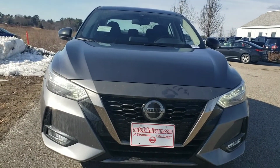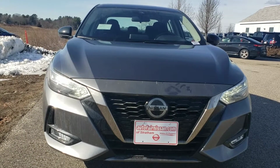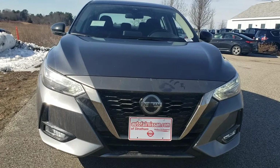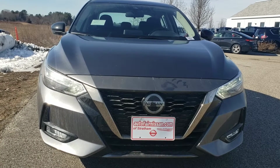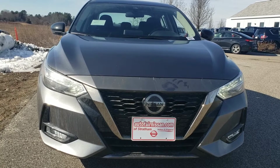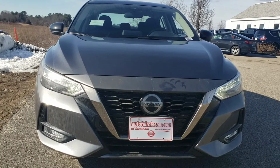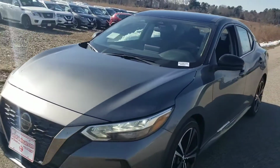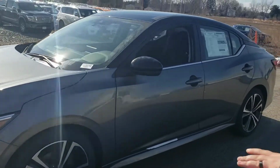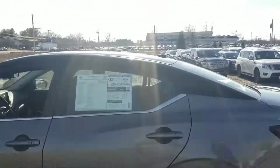So we're talking the same styling that the previous Altima has, and it's a whole facelift inside and out for the Sentra. Complete new look, new engine, you get more horsepower, more torque, better fuel economy, and a larger engine overall. And aside from that, let's take a walk around and just look at the body lines and the beauty on this car. You got new wheels, you got a black roof,